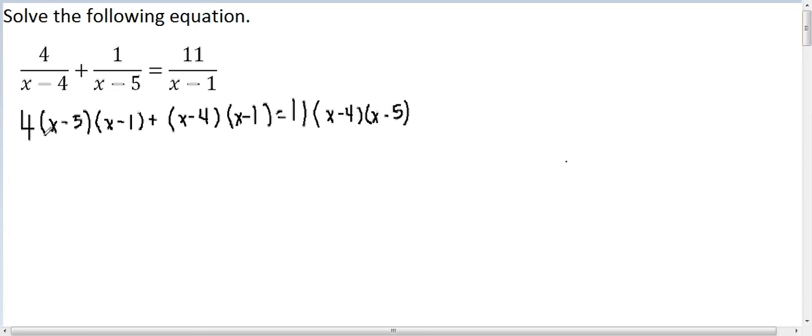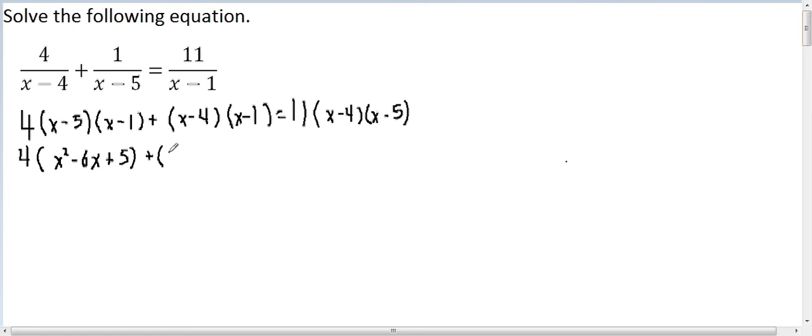Next, I'll go ahead and use FOIL on these three expressions to multiply out the multiple of the two linear factors. I'll copy the 4 in this step, and if we multiply out x minus 5 multiplied by x minus 1, we get x squared minus 5x and minus x is 6x, and minus 5 multiplied by minus 1 is plus 5,